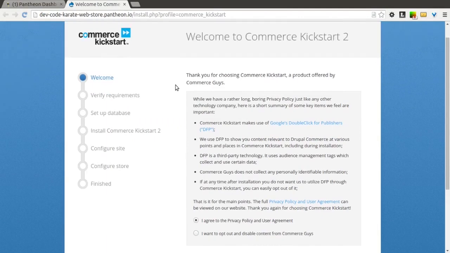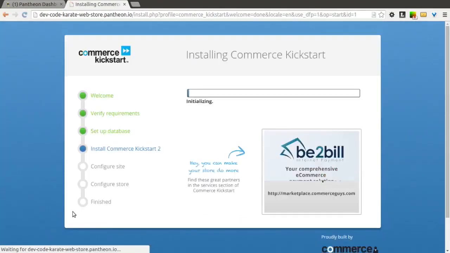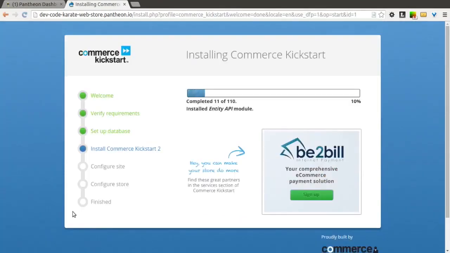us to install a bunch of the things that are needed in order to get your commerce store running. So we're going to go ahead and click the I agree button. And you can read this and figure out for yourself if you are actually going to agree. And I'm going to click the Let's Get Started button. And this is going to take us through the setup, and this is going to take a little time as